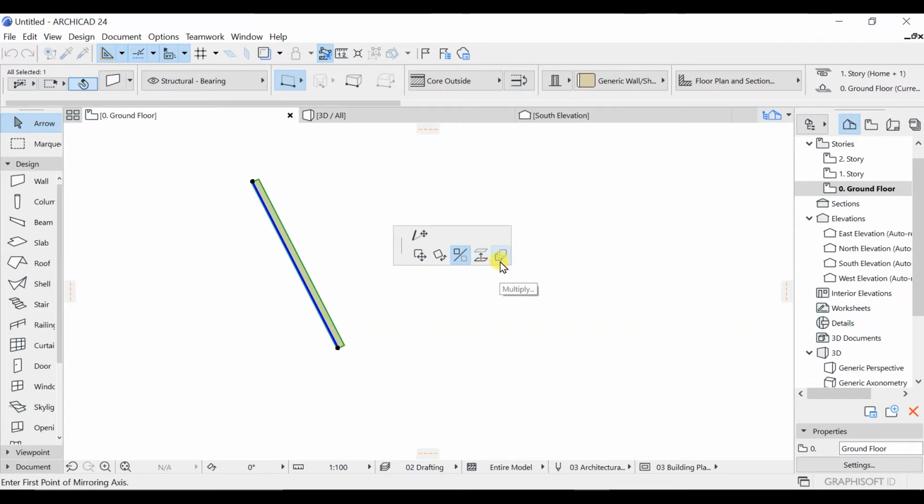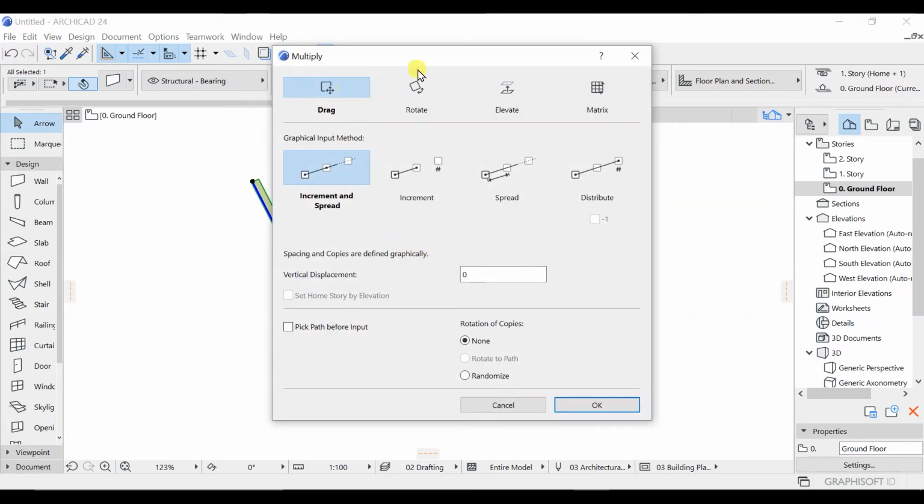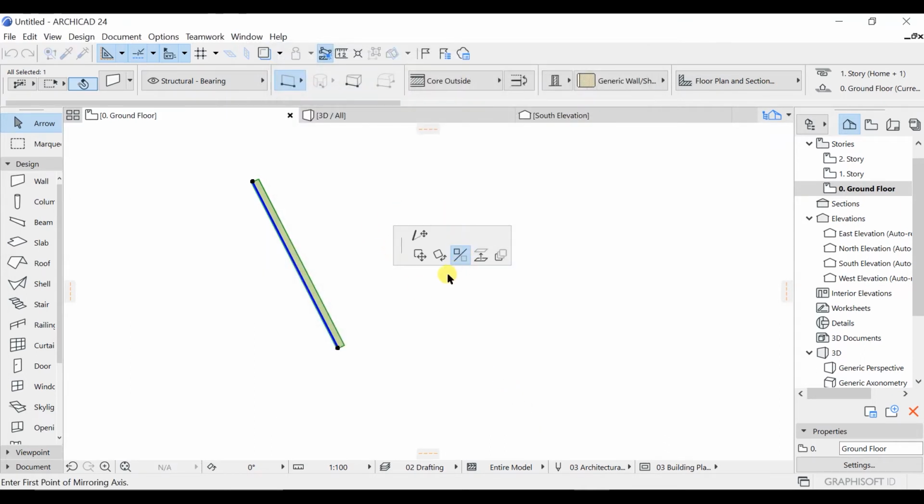So let's click on the last option. If you look here, you can see that you have these options available. You can see you can drag and rotate. You want to rotate this one in the distributed shape, you can do that as well. You can elevate, and a bunch of different options are available. So now what I will do is I will just simply click on close. And so this is the pet palette, where you can save a lot of time.